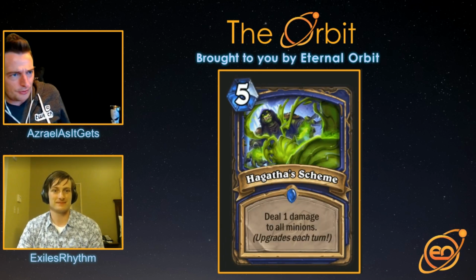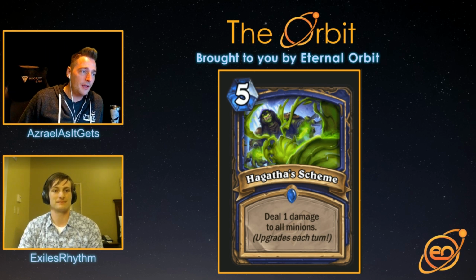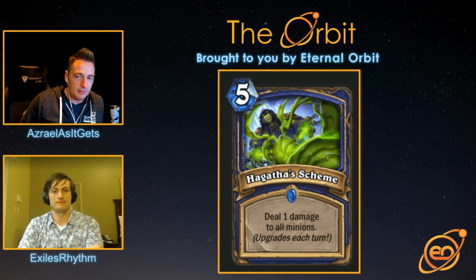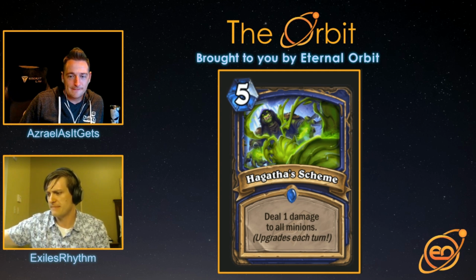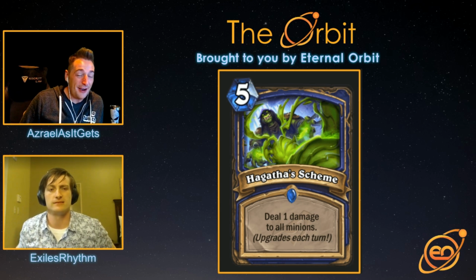Okay, so this next one is another scheme. It's the Shaman scheme. It's the 5 mana spell Hagatha's Scheme, and its text reads: deal 1 damage to all minions, upgrades each turn. I would argue that this might possibly be the best scheme in the set. Why? There's no way you should argue that, because if someone you're talking to is making an opposing argument, why are you talking to them? Fair. But